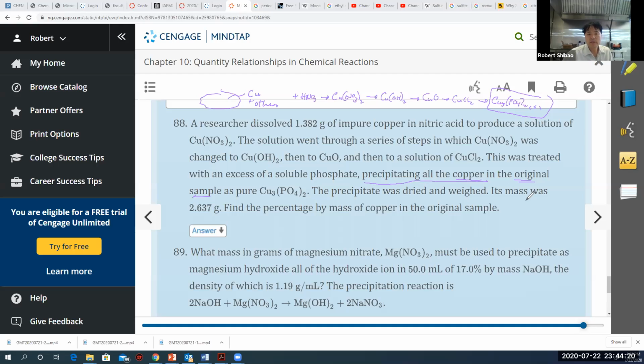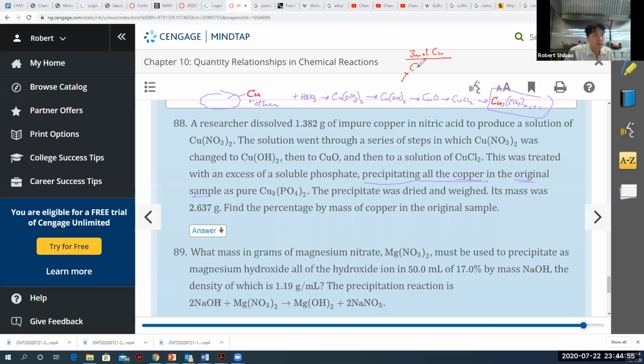And so what that means is we didn't lose any of the copper. All the copper that was originally here now ends up here, and no other compounds. And so this gives us a mole ratio. We can skip all this other stuff here. And what we can see is that for every one of these, we're going to have 3 moles. So there are 3 moles of copper